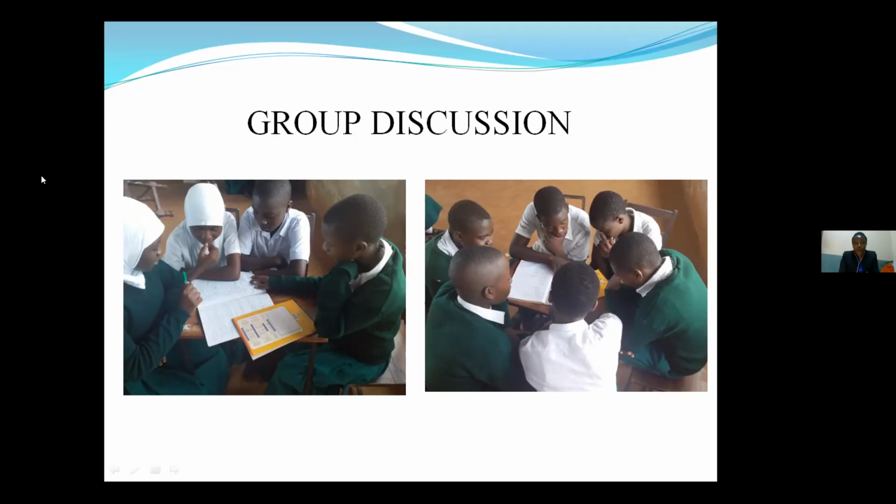So when you're grouping your students into groups, please try to mix students with different abilities so that even the shy ones will be able to speak up and open up. So when you are putting your students into groups, please mix them according to their abilities so that they can think, they can participate, and they can speak. So group discussion is a way of motivating students to learn from one another.